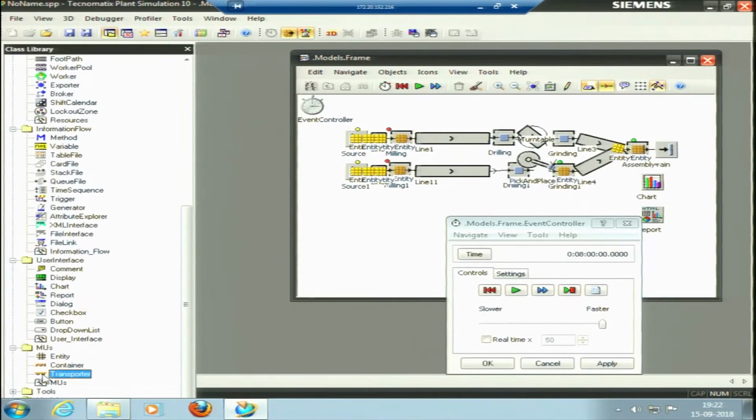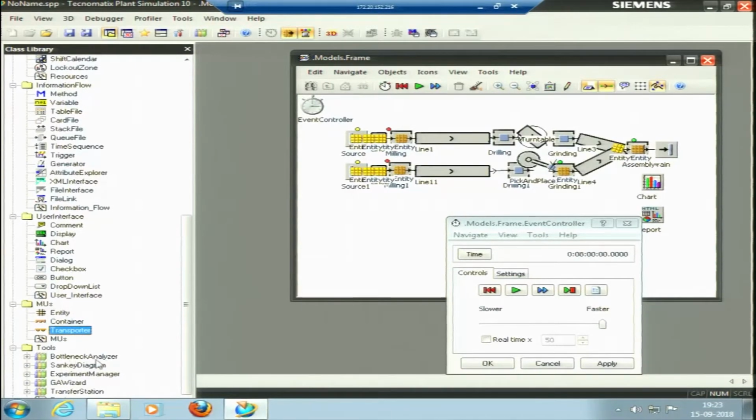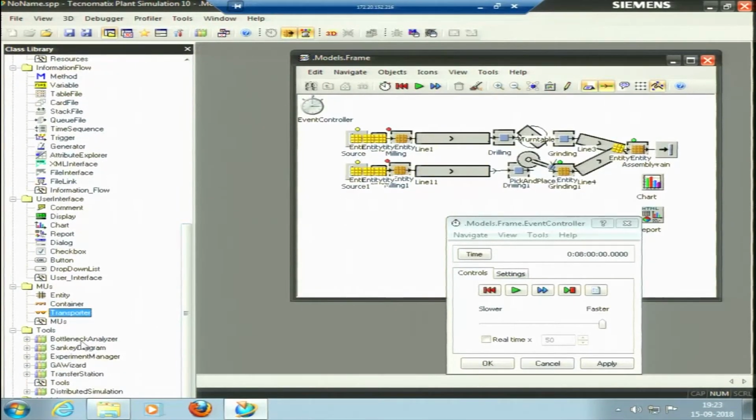Then there is the transporter. In place of a container, the transporter. Sometimes the conveyor is fixed, but the transporter is a kind of small trolley which has some capacity. So, in this we can put the pieces and take them along. Then we have tools here. Tools include the bottleneck analyzer. Like we have just visualized the bottleneck in the charts in the example that we have just seen here. But the bottleneck analyzer is also there, that will show, okay, this is the primary bottleneck, this is another bottleneck. So, first work on this. Those things can all be done.